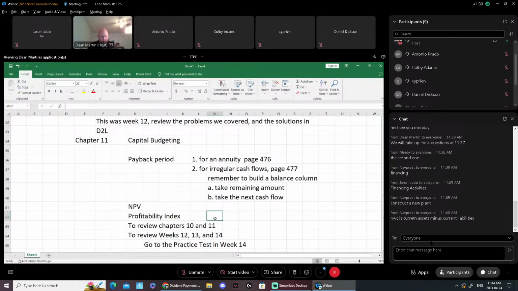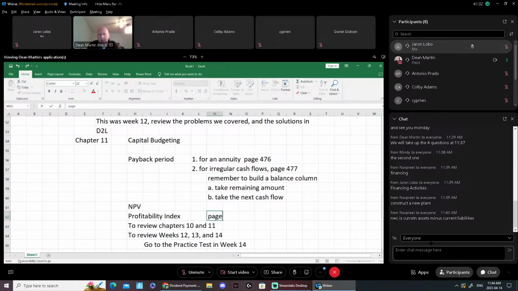Ignore internal rate of return. Profitability index, page 487. That is profitability index, just to summarize: present value